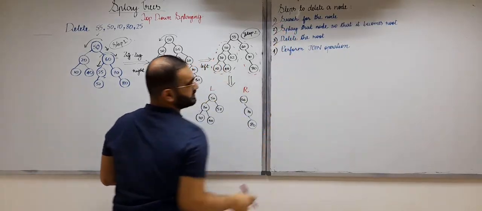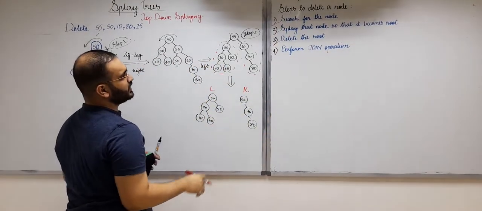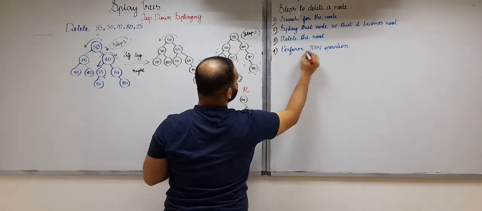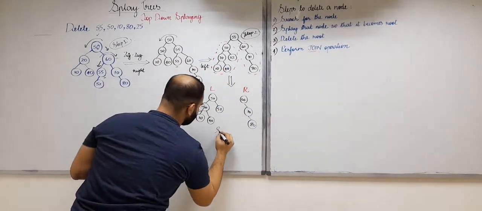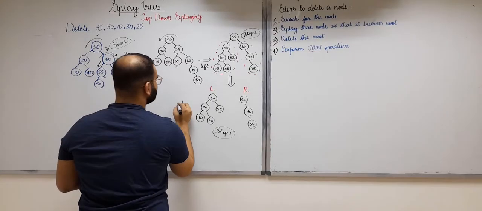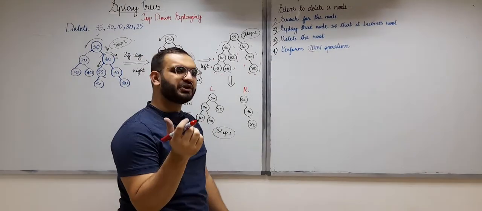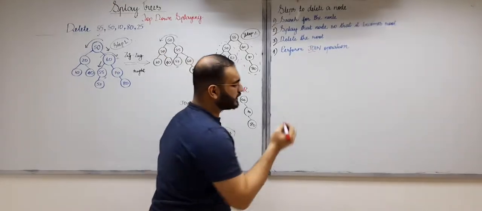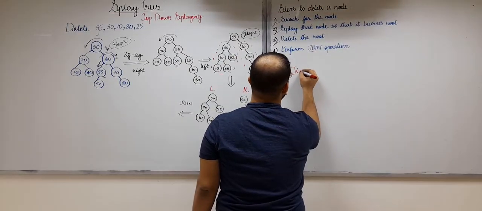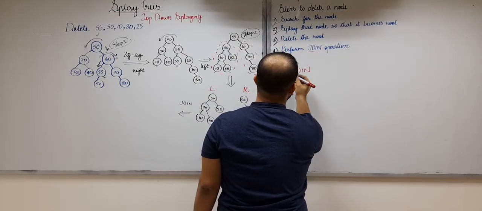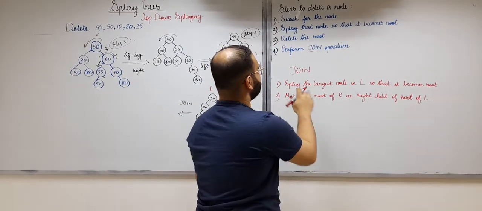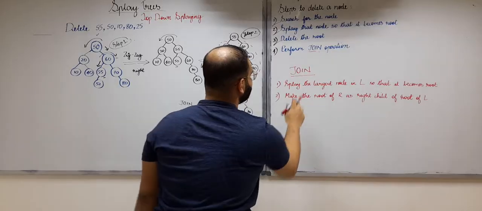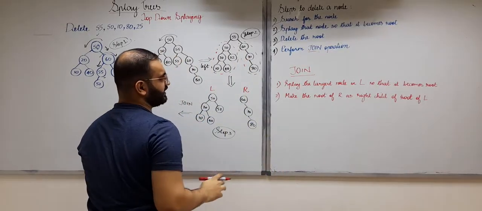We have completed the first 3 steps, that we have deleted the root. Now in the next step, we need to perform the join operation. So I've also completed my step 3. Now we need to perform the join operation. Now the next question that will arise in your mind is, what are the steps we need to follow to perform the join operation? So I'll write down the steps. These are the 2 steps that we need to follow when we are performing the join operation. I'll explain them one by one using this example itself.